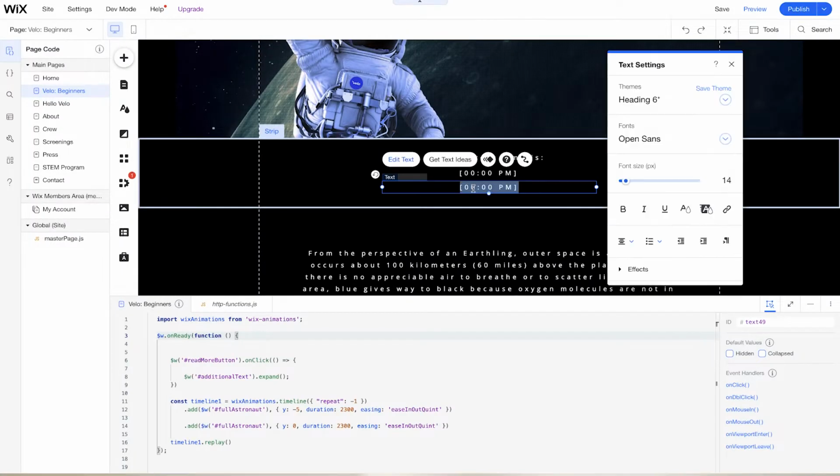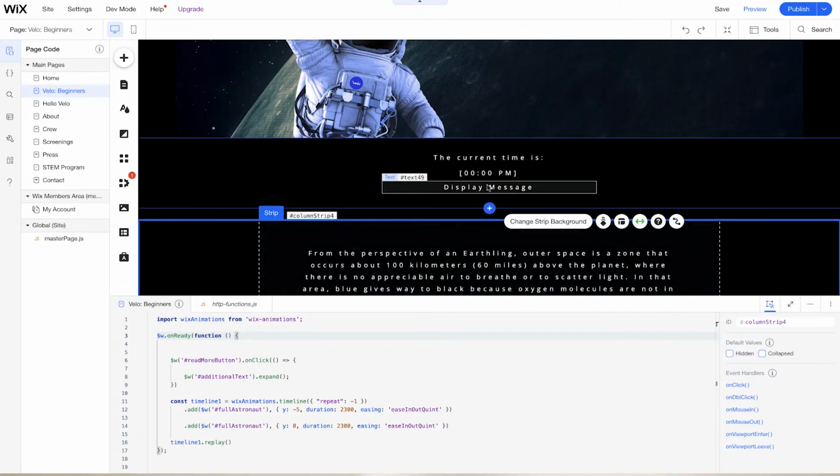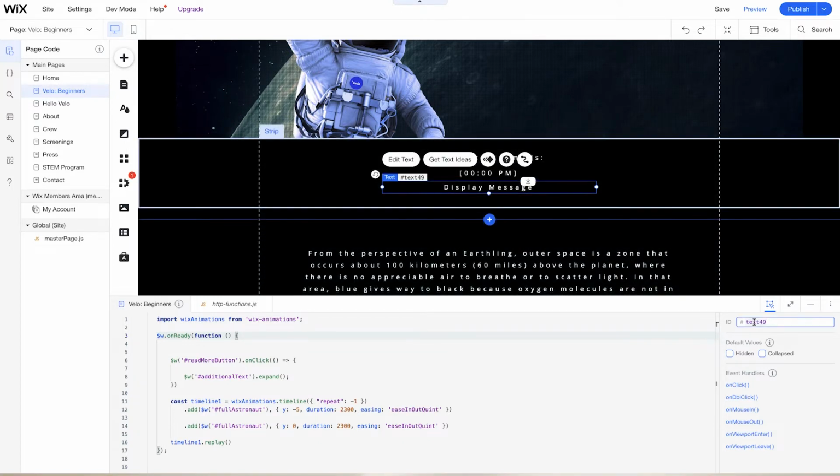So we'll go here and just label this again as well. So I'll just type in display message because we're going to be changing this programmatically. So we're having that dynamic mindset with us throughout creating this application. So we go display message, and we'll change out this ID again, and we'll just change this to message. There's no need to change any of the options for the default values. We'll just leave it as so.